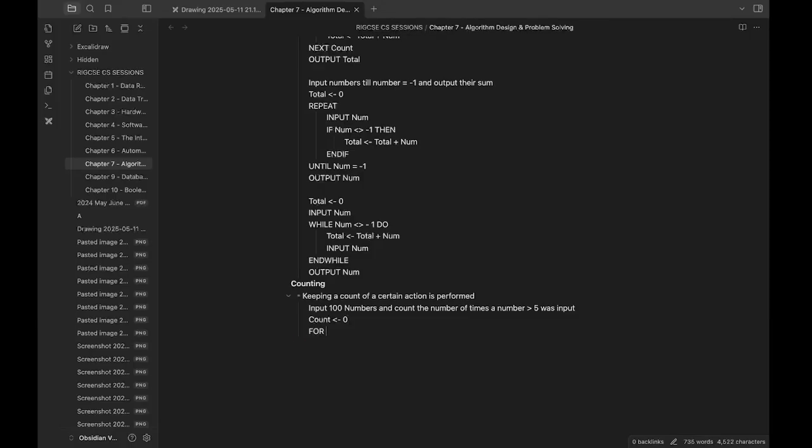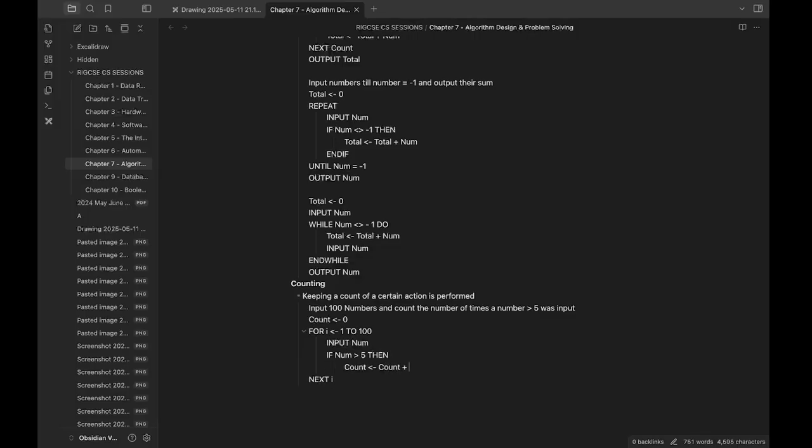Next thing we're going to do is a for loop. For x is 1 to 100, because we know the number of iterations, right? So 1 to 100, next x. Or usually you use i's. I'll also use i's, but yeah. For i is equal to 1 to 100. Then we're going to do input num. Now we're going to run a condition to see if num is greater than 5. So if num greater than 5, then count is equal to count